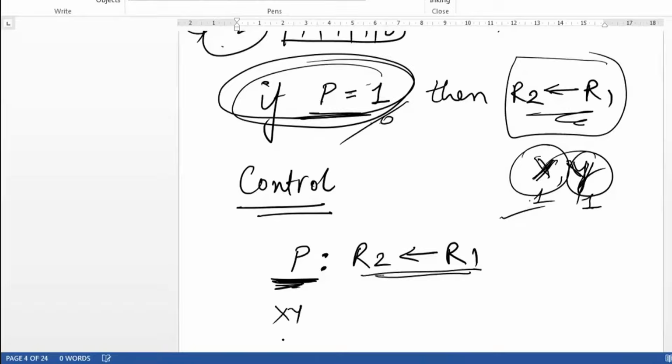Yes, xy or x and y. Okay, but we write xy here. What does xy mean? We know that this is an AND operation over here. AND operation means only if both the variables are 1, it would result in a 1. Okay, we will see how to design the circuit for it as well.